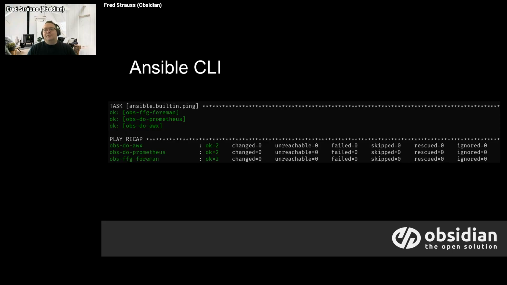And in Ansible terms, a ping is not the same as the ping command on the command line. An Ansible ping actually connects via Ansible to the remote host, verifies that everything is working, and then comes back with, in this case, success, or it can also tell you if there's a failure. So it's a simple way to test that Ansible is working, and this is just the output of one of those.